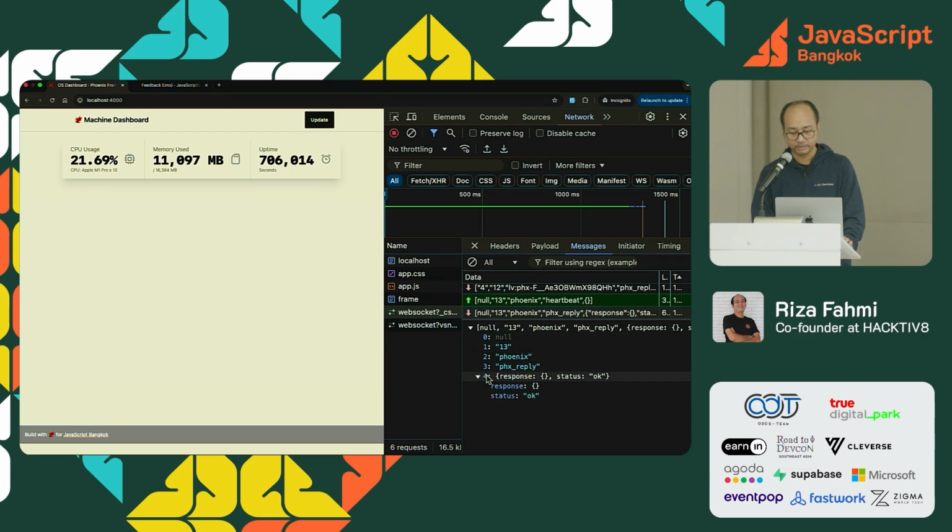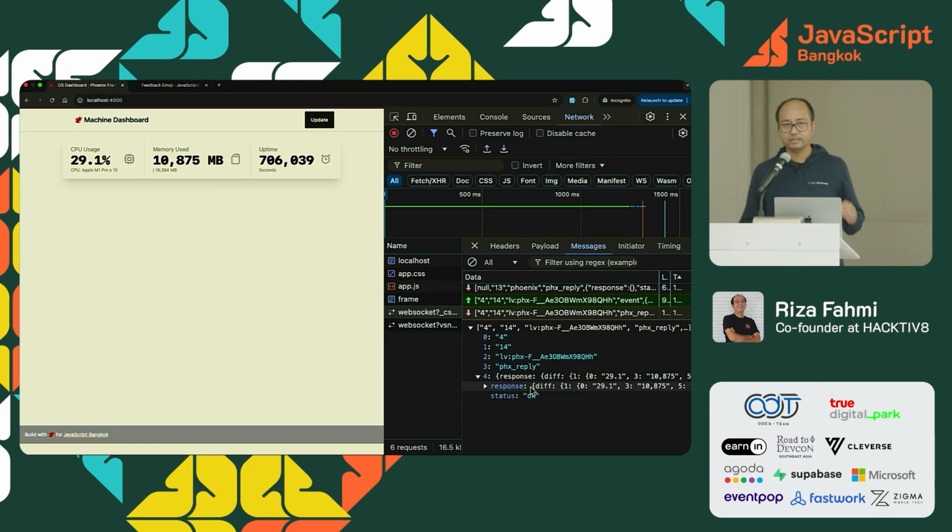The response. Not this. Let's see again. Okay, this is one. The response, Phoenix reply. The Phoenix will send the diff or the changes only, not all the HTML, in the form of a JavaScript object like this.